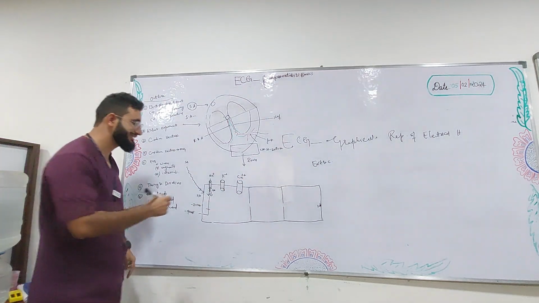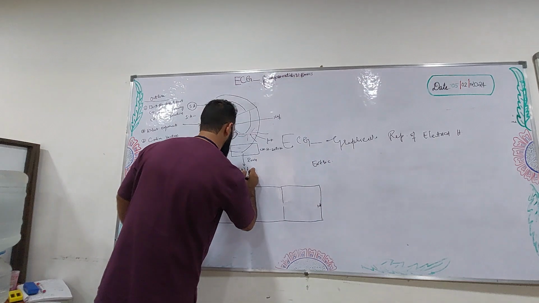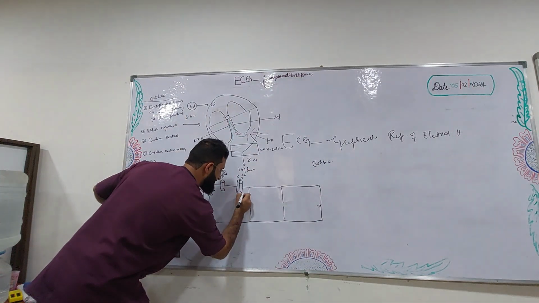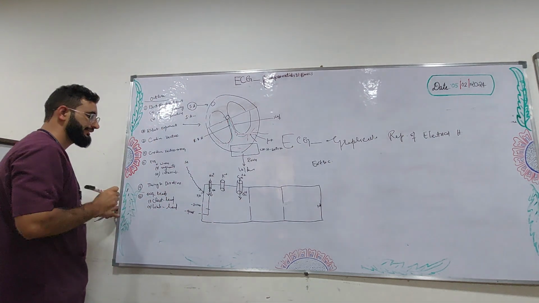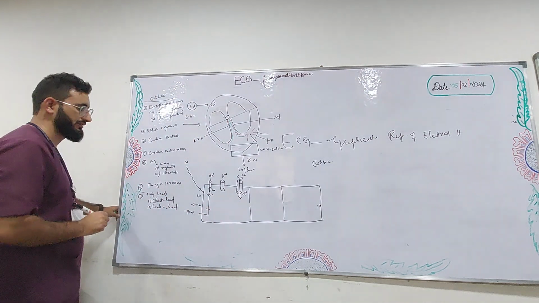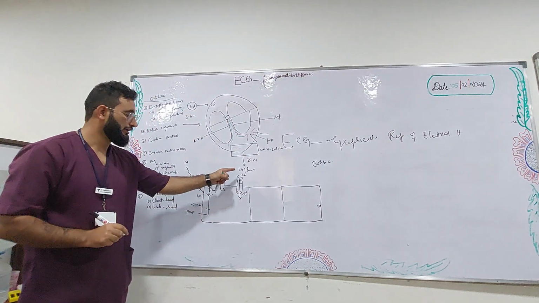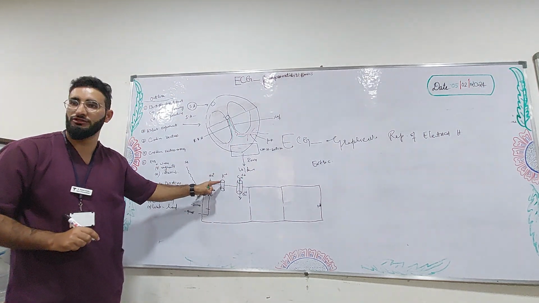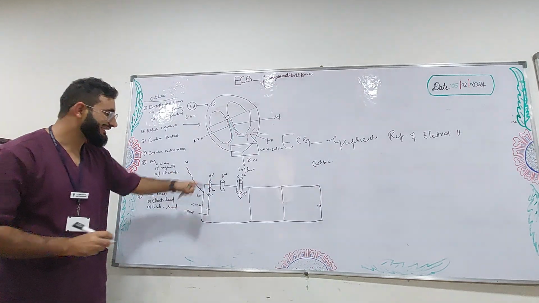That's called the voltage gated calcium channel. So the calcium influx is there. But remember, when there is stimulation of the voltage gated channel, there is also stimulation of the potassium channel,